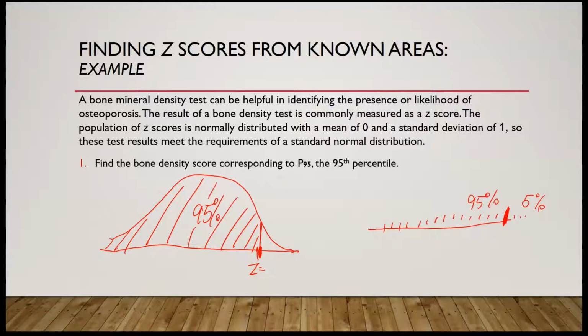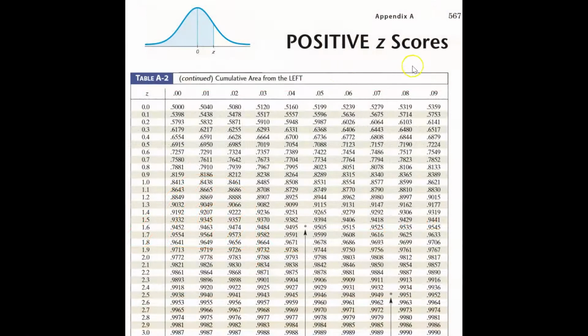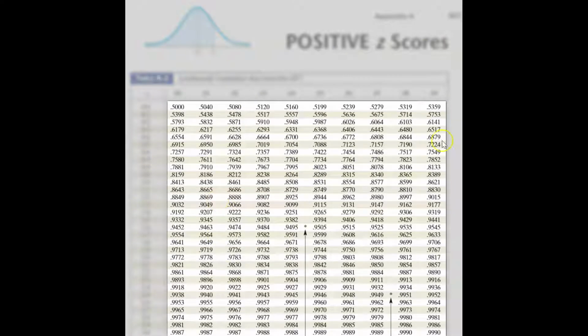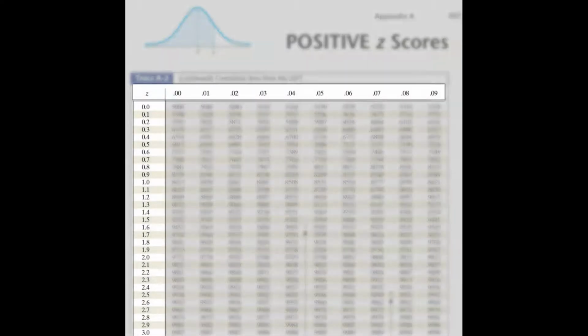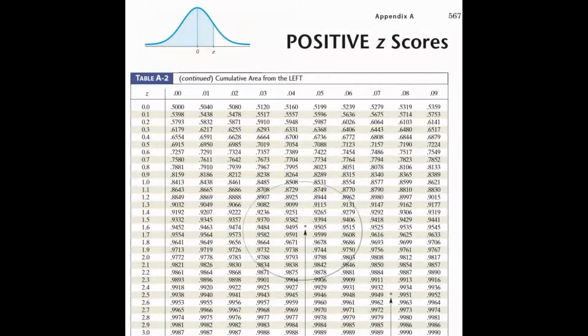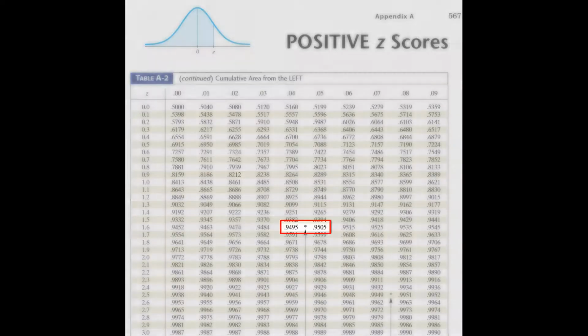Let's first use table A2. We'll use the positive z-scores part and we'll search for the area of 0.95 in the body of the table, and then find a corresponding z-score. Let's search for 0.9500. 0.9500 is not here, but I can see that there are two areas that are pretty close, 0.9495 and 0.9505. Both of these areas are 5/10,000ths of the area that we need. So we can assume that our area will be located in between these two.